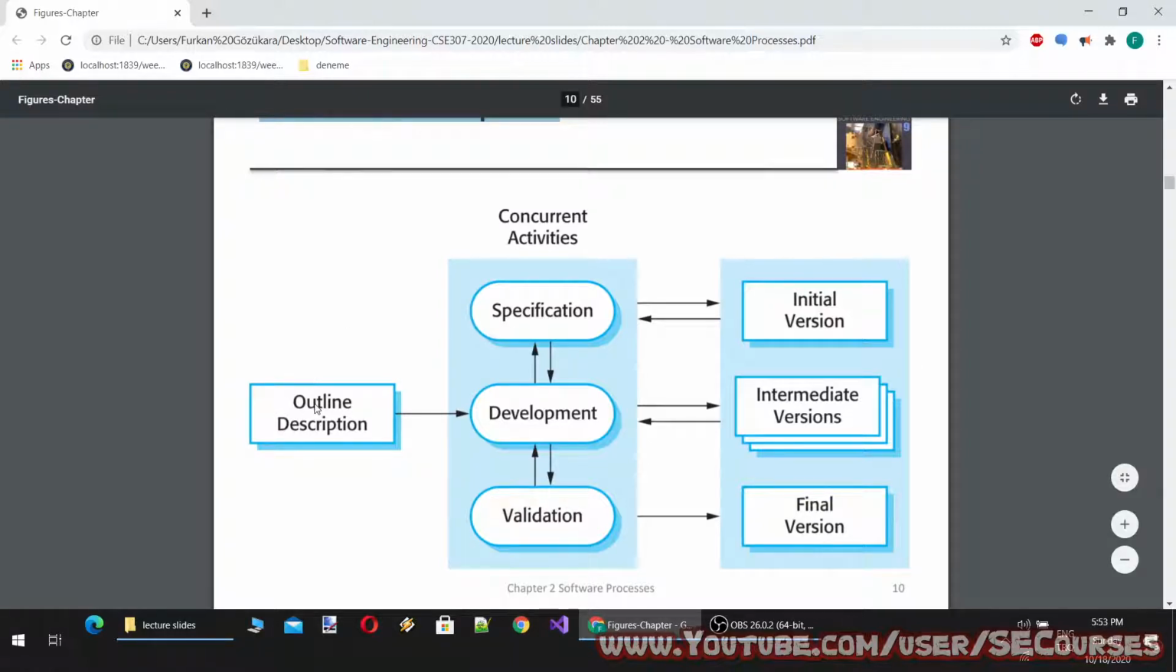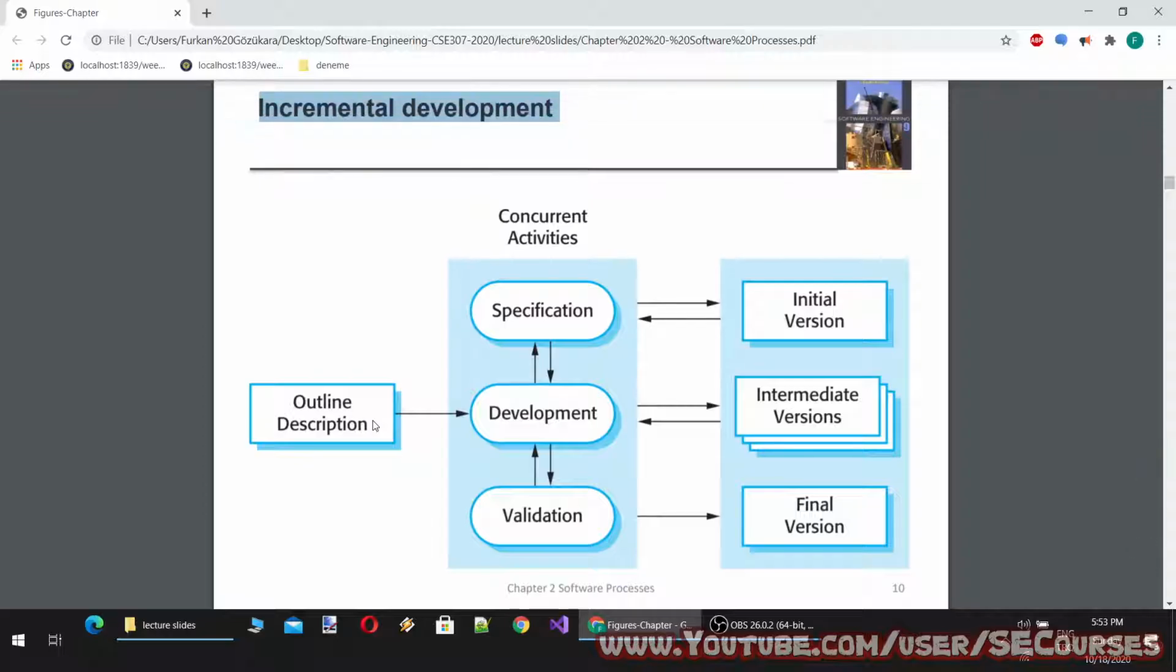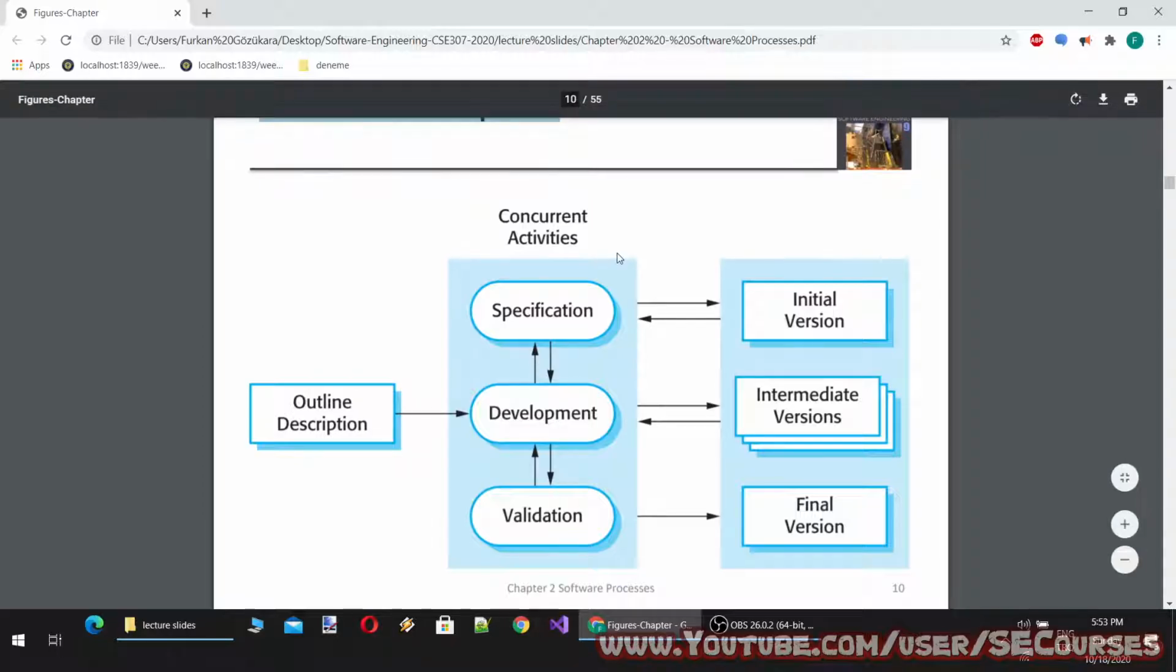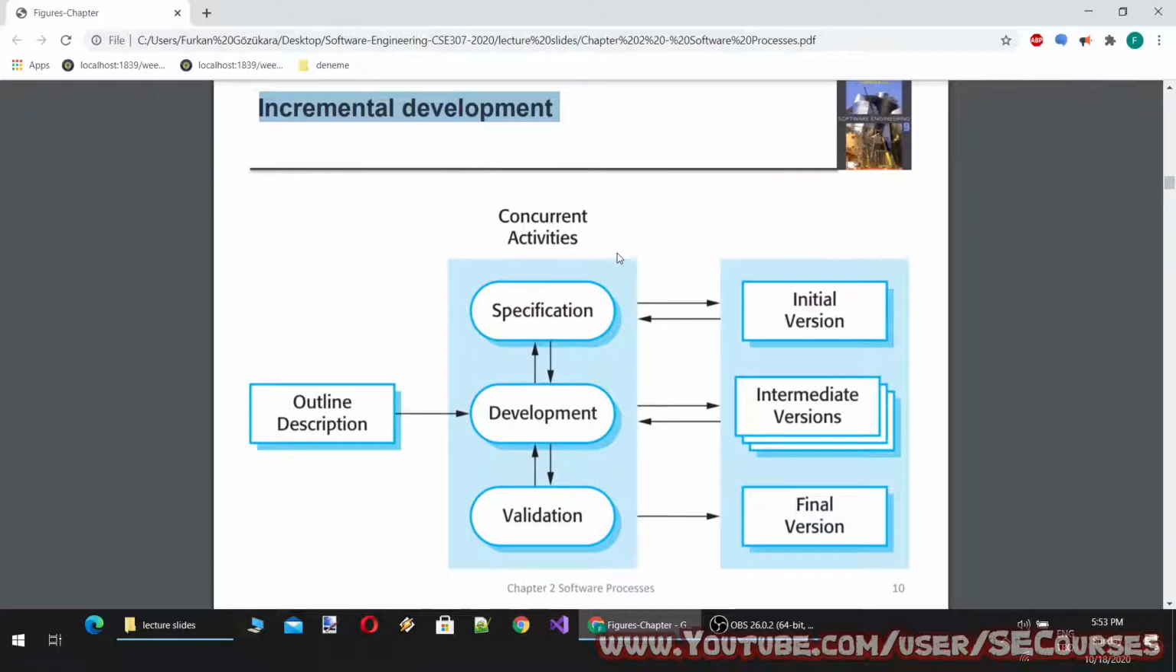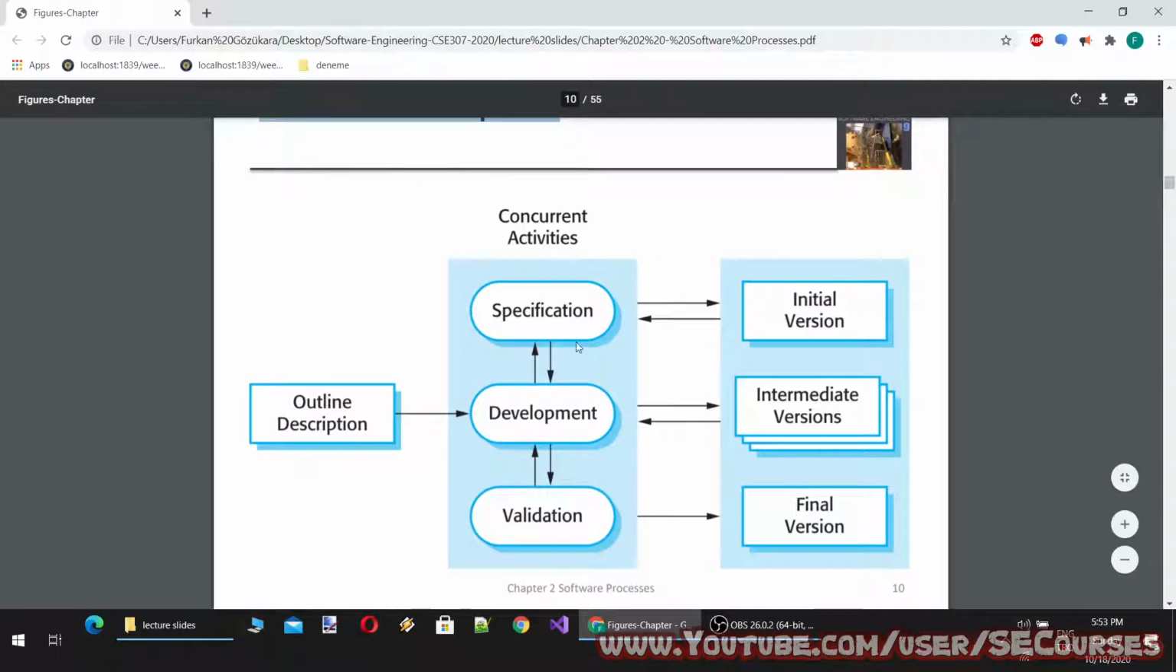Incremental development. Outline description. You just first outline a description and then you start developing and incrementally improve your development. Concurrent activities, they are happening at the same time: specification, development, and validation. So these three feed back each other continuously, and then